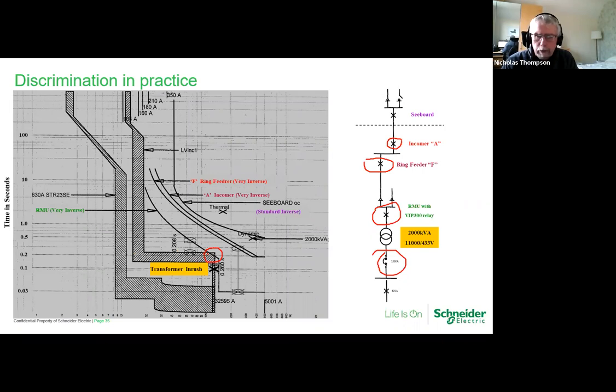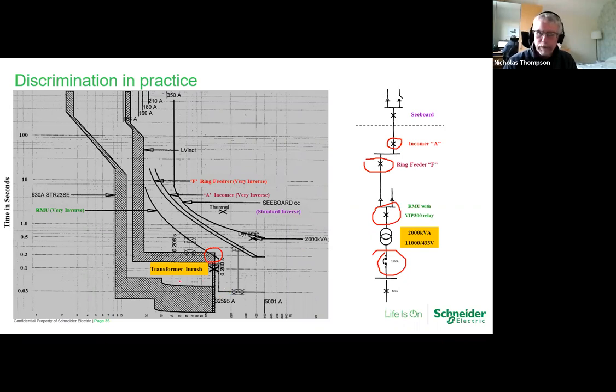Now, this LV, if this one trips, it may mean that there's been a short circuit on the bus bars, which is something which is going to cause a lot of problems. So taking out the HV isn't going to be a great factor that you would need to worry about commercially and technically. Commercially, that's one consideration. Technically, there's got to be another consideration. And you notice the next LV device is well clear of our